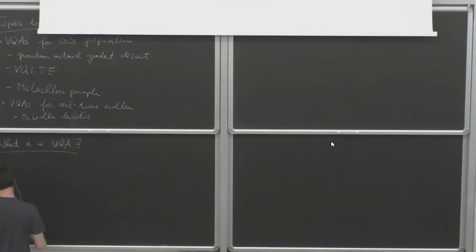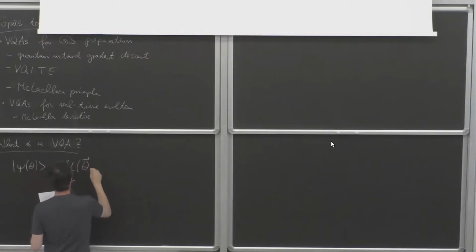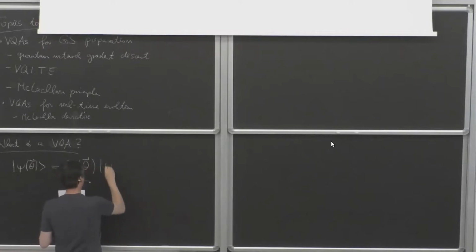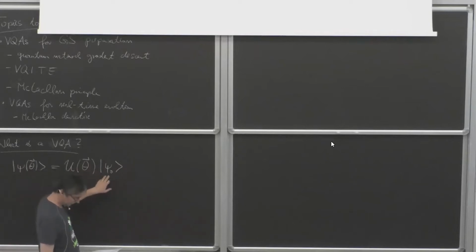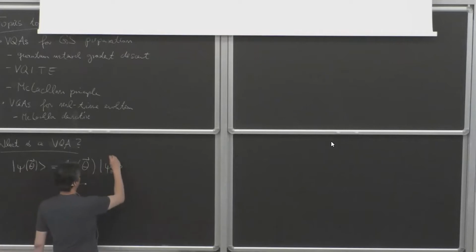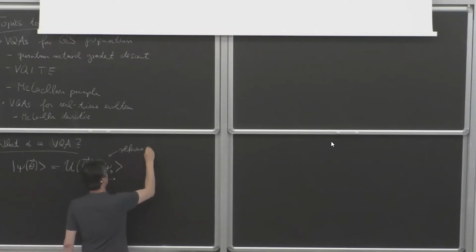So I would say you write down a parameterized quantum circuit, which gives you a wave function, psi of theta. This is a vector, but I will not keep that notation because you're not undergrads. This is not just one parameter, but a collection of parameters, and it acts on some reference state which is easy to prepare. You can think of this as the all zero state, but it could also be something else.